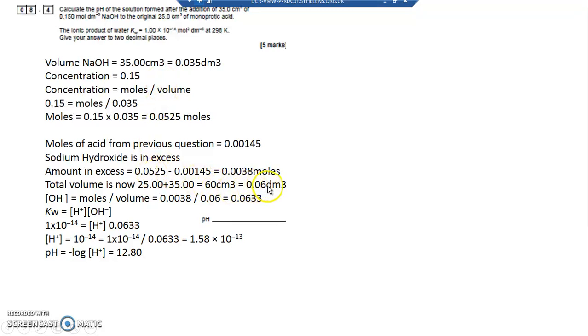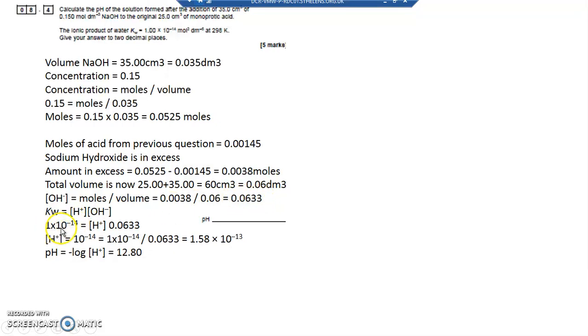Divide by 1000, 0.06 decimeter cubed. So I've got the number of moles of the sodium hydroxide, 0.0038. I've got the new volume, which is 0.6. Divide the two to work out the number concentration, because concentration is moles divided by volume. I've now got my concentration of OH- ions,